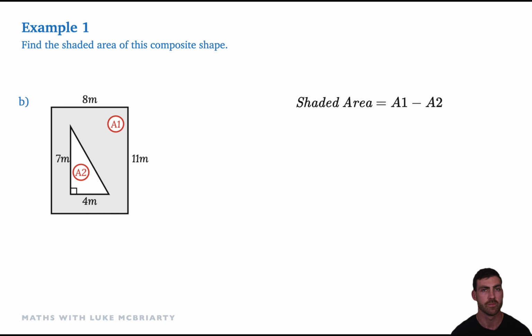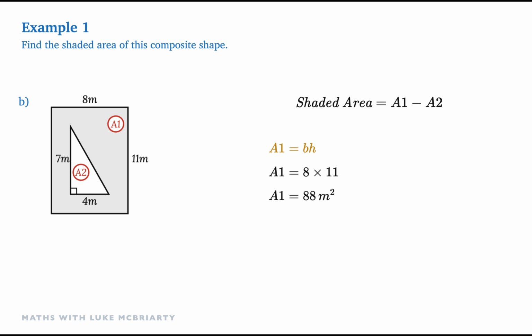Starting with the rectangle. We have the base 8 meters and the height 11 meters. Now looking at the triangle, we have the base 4 meters and the perpendicular height of the triangle 7 meters. So we can use the formulas. Calculating the area for the rectangle, start by writing down the formula. Then we substitute the base and height of this rectangle into the formula, and 11 times 8 equals 88 squared